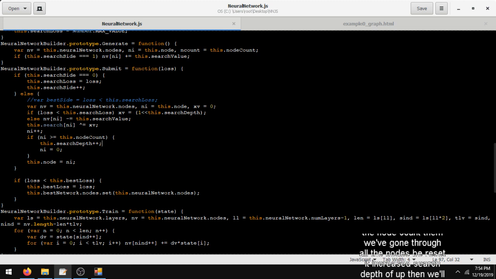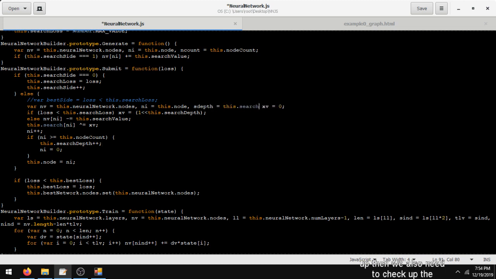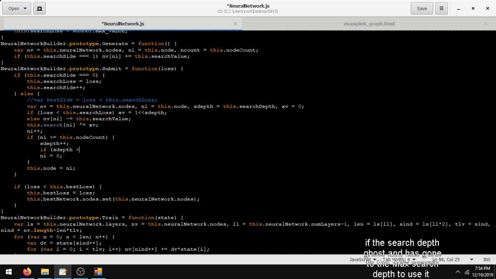Then we also need to check if the search depth has gone to the max search depth. So what we can do is, if step is bigger than or equal to the max search depth,